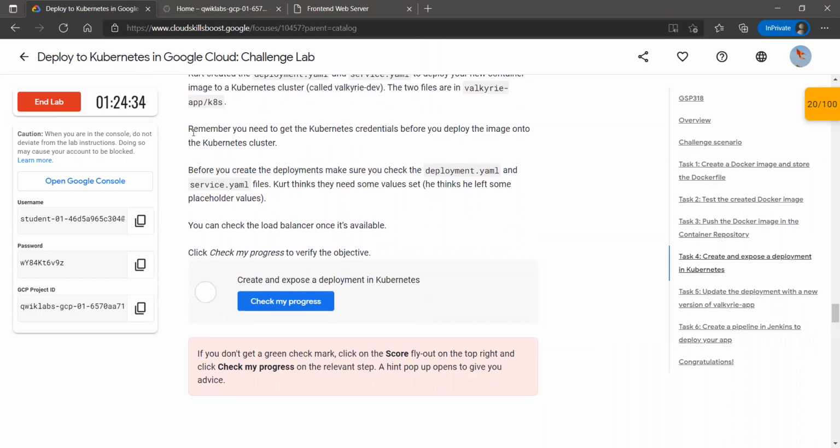So after we create the cluster, we need to run the command gcloud container clusters get-credentials to get our credentials for the Kubernetes cluster. Before you create a deployment, make sure you check the deployment.yml and service.yml file. Kurt thinks he left some placeholder values.